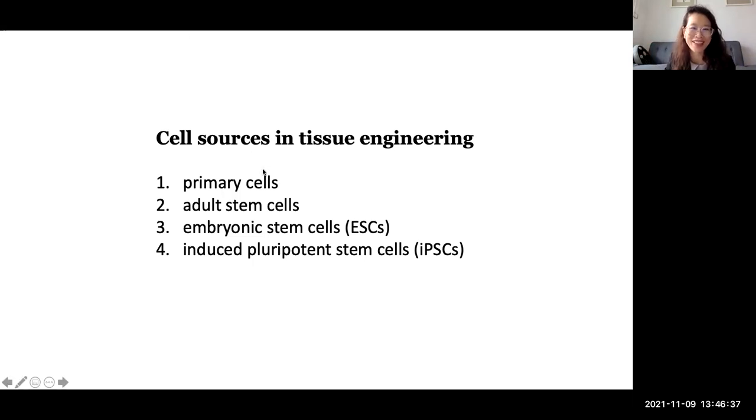If you are 25 years old, you take the cell, it's 25 years old in the lab, and as it keeps expanding and dividing the starting point is already 25. The second one also comes from your body as well, but it's a stem cell,